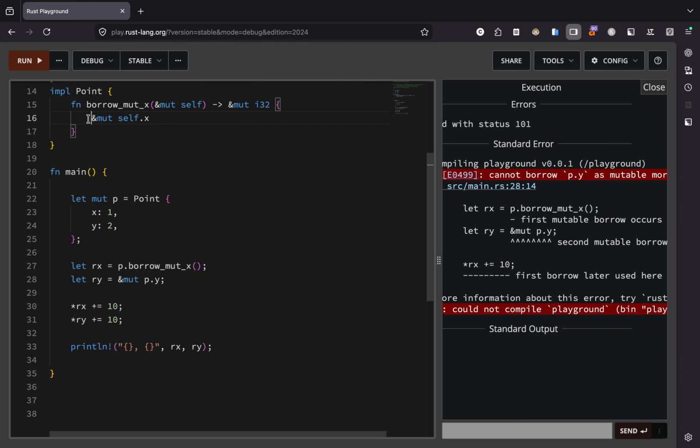It doesn't just look at what is here. It focuses on this, and from this contract, it has mutable access to the entire struct. So in the main function, there's a break of the borrow checker's rules. So let's